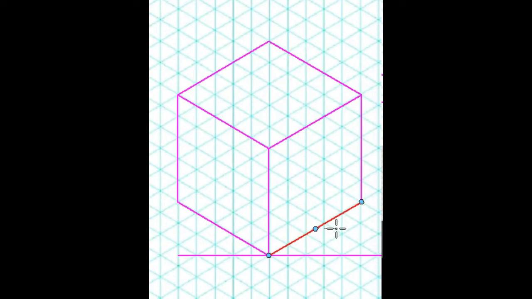So this is how the isometric representation of a cube having sides of 50 mm is drawn. Next, we have to place a sphere on top of this surface, and it should be placed centrally on top of the cube. So from this corner to this corner, I will draw a line, and from this corner to this corner, I will draw a line.